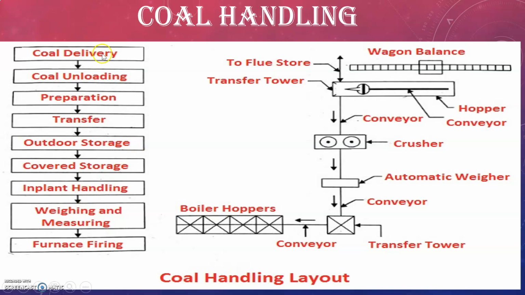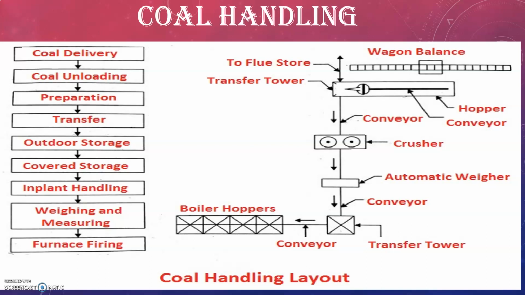So here the first step is coal delivery. Right? So the coal from the supply points is delivered to the power stations by way of sea transportation or by pipeline transportation or even by trucks. Next, coal unloading. Right? The requirement of unloading equipment depends on the type of the coal received at the power station. If it is by trucks, there is no need of unloading equipment. In this case, the coal is brought by railway wagons, ships or boats.